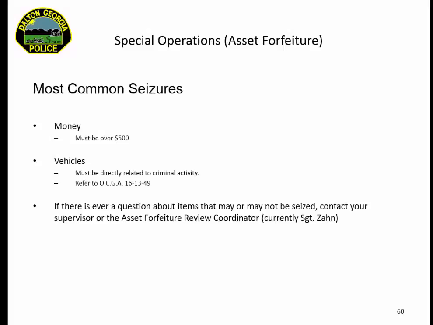For additional information on this, please refer to 16-13-49 and also our policy 7.23. If there are any questions about which items may or may not be seized, please contact your supervisor or the Asset Forfeiture Review Coordinator, and currently that is Sergeant Steve Zahn in CID.